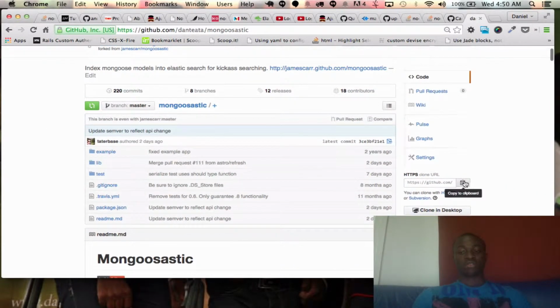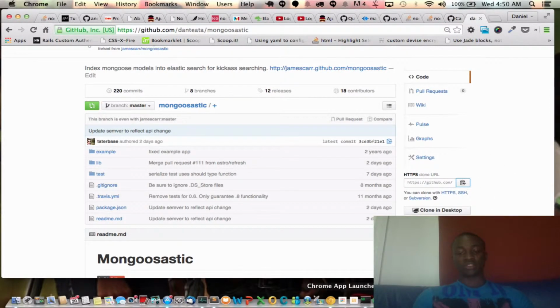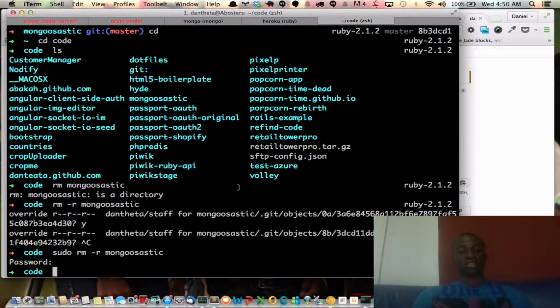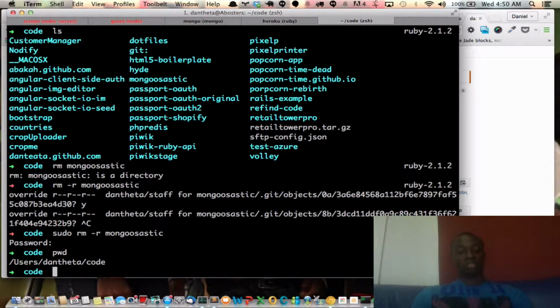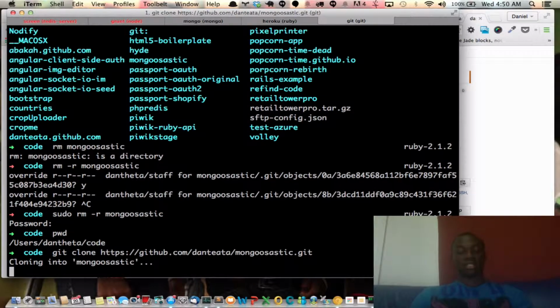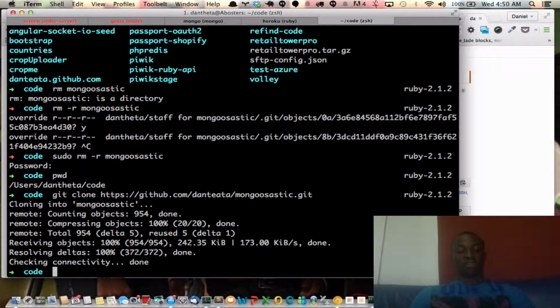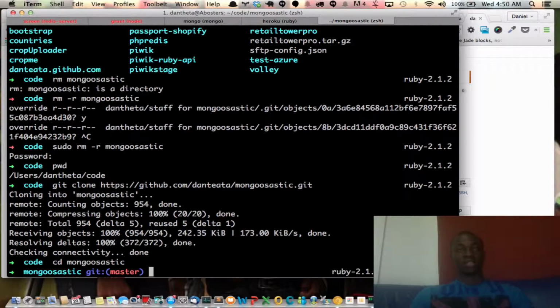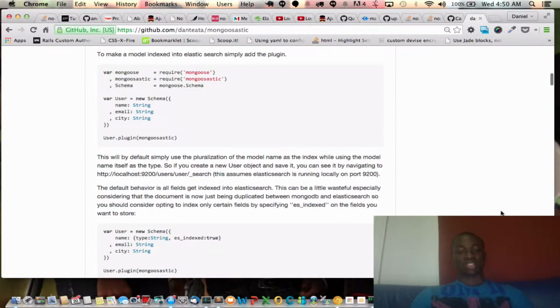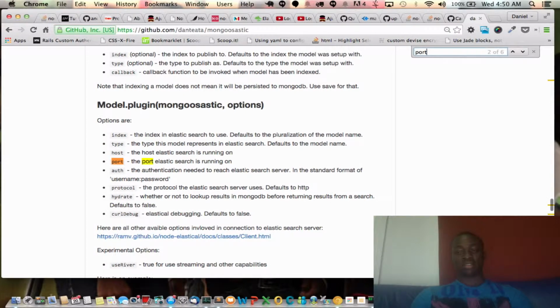So I'm going to clone it onto my device and then make changes to it. I'm already in my code base folder. Let's do git clone and clone into this repository. Good. So I'll cd into Mongoose, and the change I want to do is that I realized that they had a few